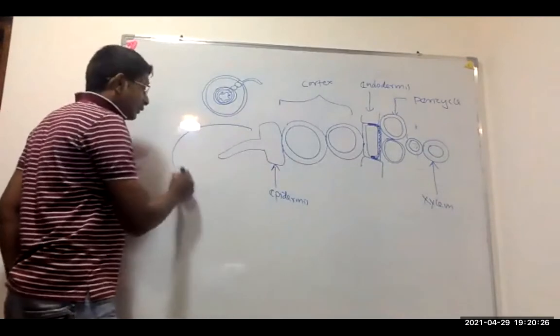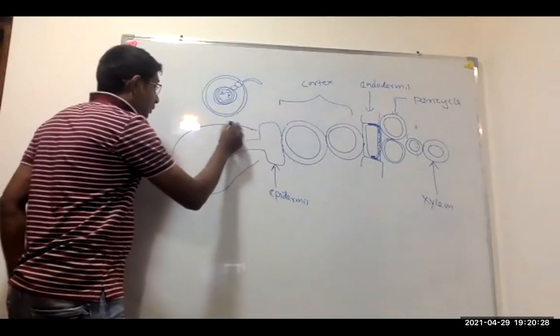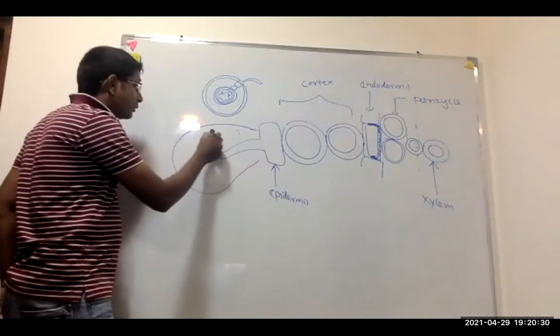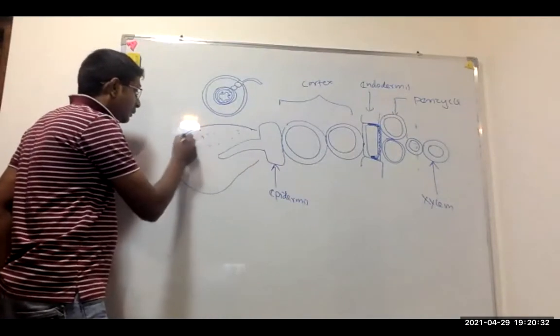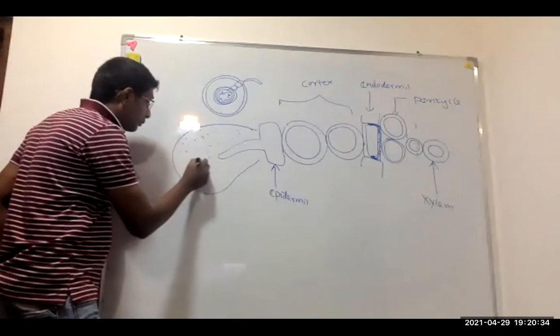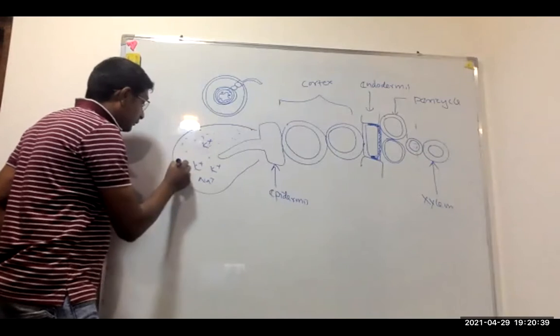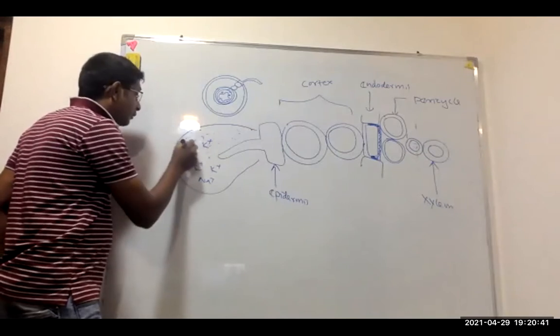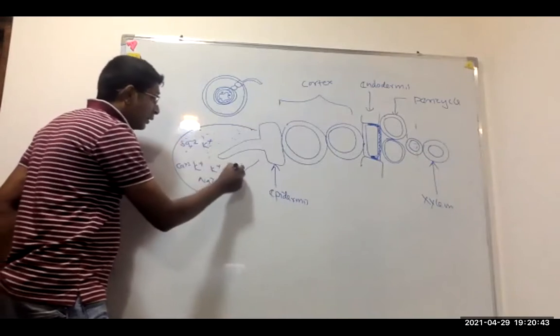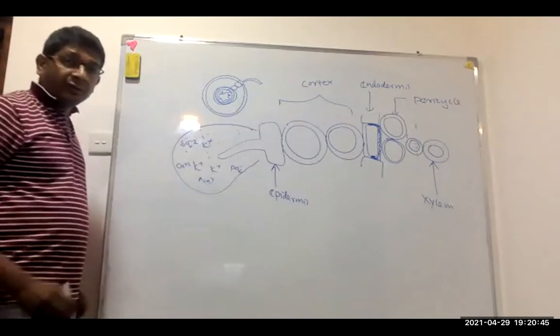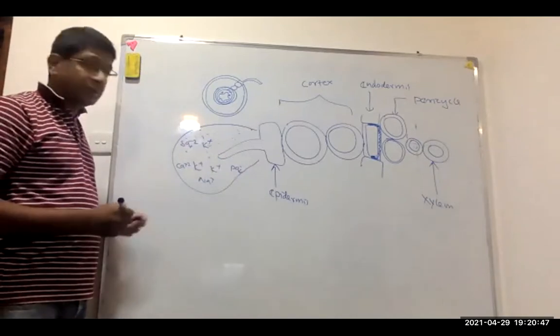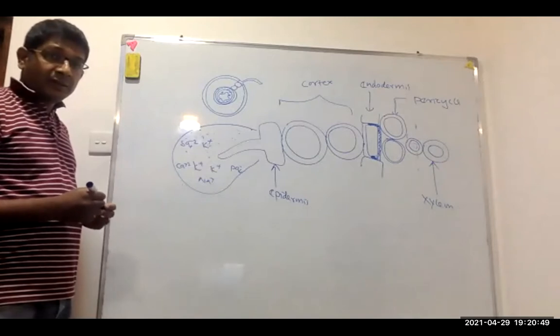Here the soil solution is there. A number of solutes are dissolved in soil solution with water. Here the water, then there are potassium plus, sodium plus, calcium plus 2, sulfate minus 2, phosphate. Then these are the ions, minerals that dissolve in water. Then what is there? Okay.